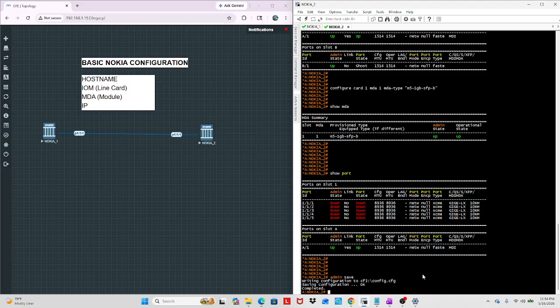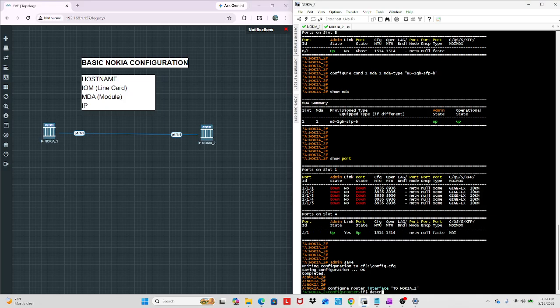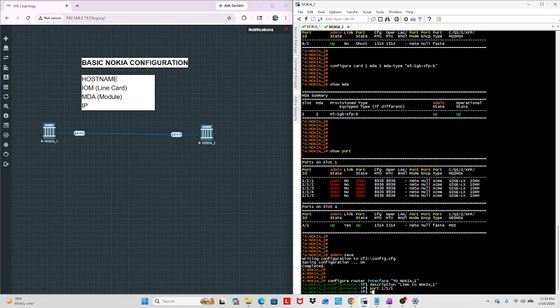So we have this port configured. So let's do the same for Nokia 2, and then we'll do the verification. Same procedure: configure router interface, give a name to Nokia 1, for example, and then description, link to Nokia 1, and then this is my port 111. Okay, exit,